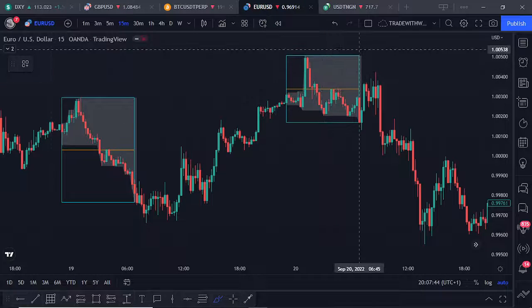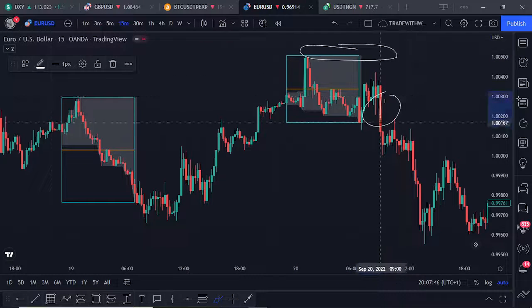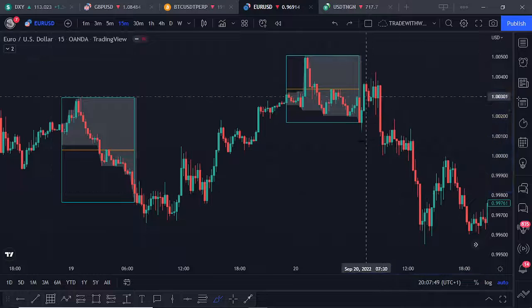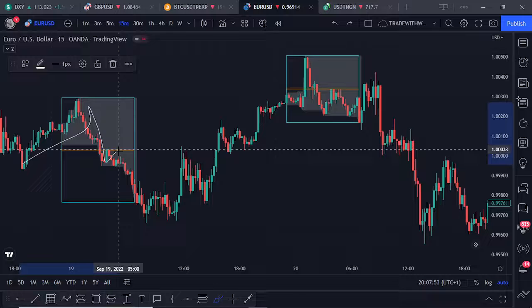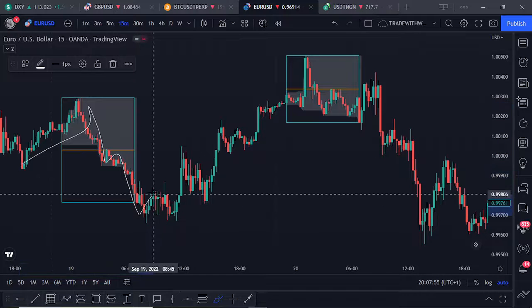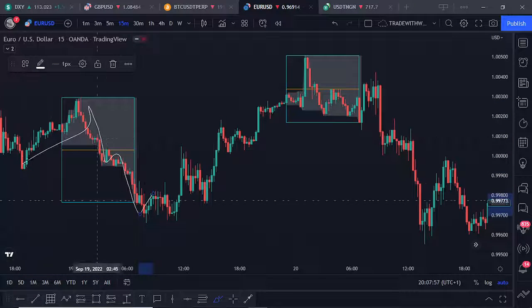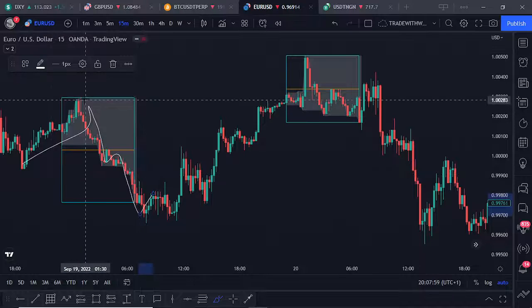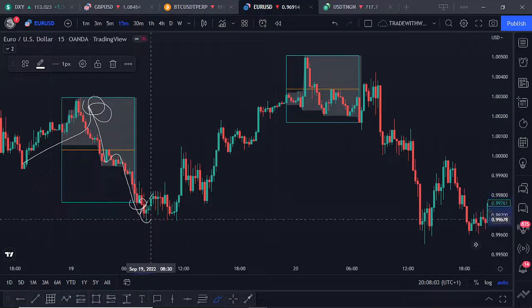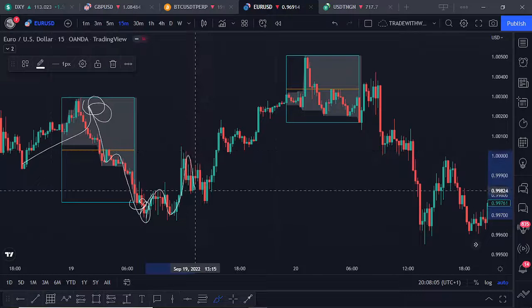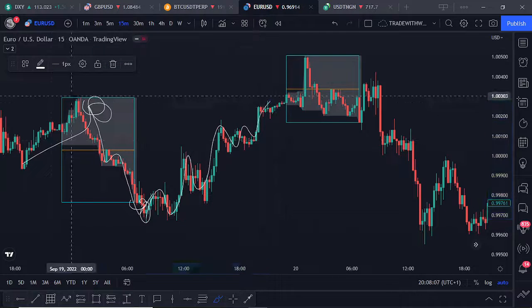You can see it didn't take out the highs but took out the lows and then started selling off. You understand? So this one is trending, an uptrend, like that till the Asian session finishes. So where is the liquidity now? We expect that liquidity is at this top over here, at this high, or at this low. So it took out the low, went up a little bit, and then eventually this one took out the